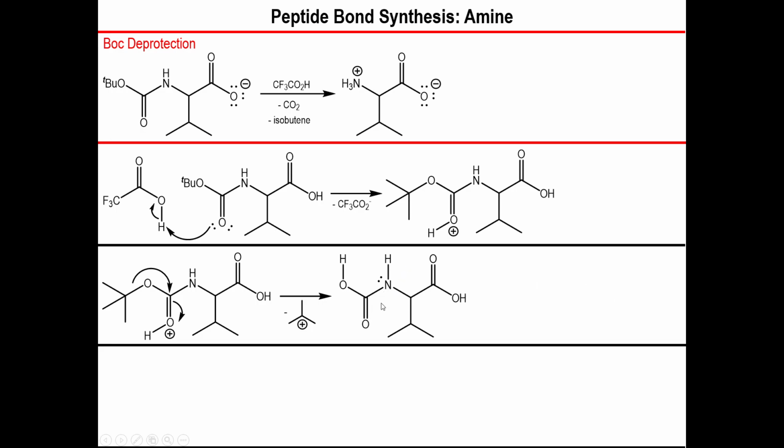carbonic component is ready to undergo a deprotonation, basically proton exchange, but also to have its electrons move over to generate CO2 gas. So these electrons will move over back to nitrogen, forming your neutral amine and kicking away CO2 gas. So it's actually a really efficient way of getting rid of this group, which doesn't really affect your amides at